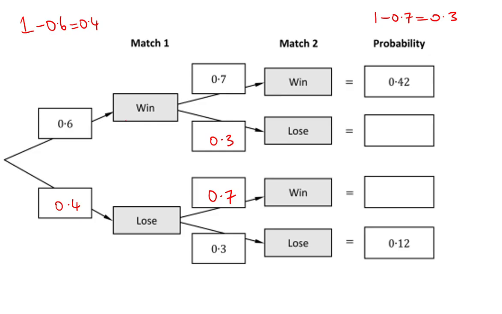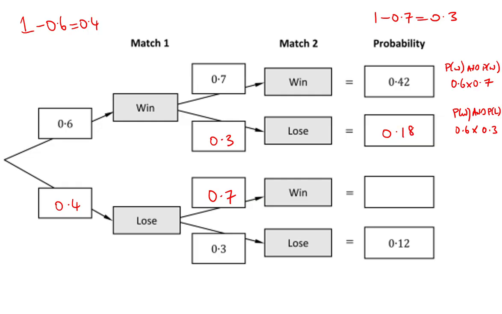Now we have to find out the probability of each particular outcome. So if he wins the match, winning the match is going to be 0.6, so win the first match and win the second match, that's going to be 0.6 by 0.7. So that's the probability of a win and the probability of a win in the second match. Lovely jubbly. So then we've got the probability that's done for you already, 0.42. The next one is the probability that he wins the first match and the probability that he loses the second match. So that's 0.6 multiplied by, following on the branches of the tree here, by 0.3,